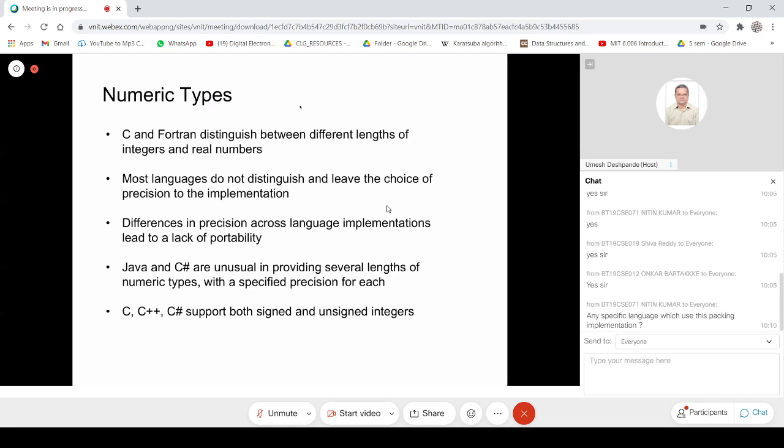support. That is, the hardware might take an integer as a 32-bit entity, and in that case, the compiler or the implementation would have to make an effort to convert a 64-bit integer using these 32-bit quantities.